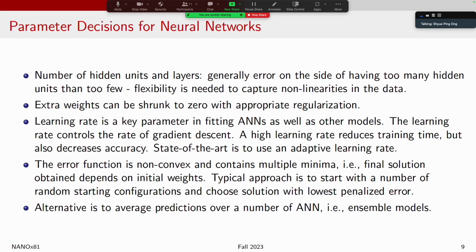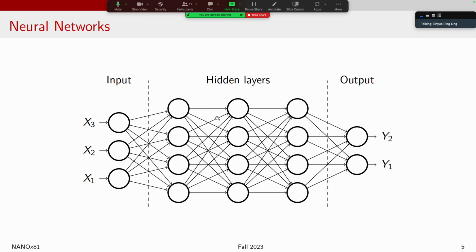The main one is of course the number of hidden layers and number of hidden units. In other words, how do I know for this architecture, do I need 3 layers, 2 layers, 1 layer, or 10 layers, right? That's basically one question you have to figure out. And even after I decide how many layers I need, how do I know, do I need 10 neurons in this layer, or 5 neurons in this layer, and 2 neurons in this layer, right? All these are parameters that you have to adjust